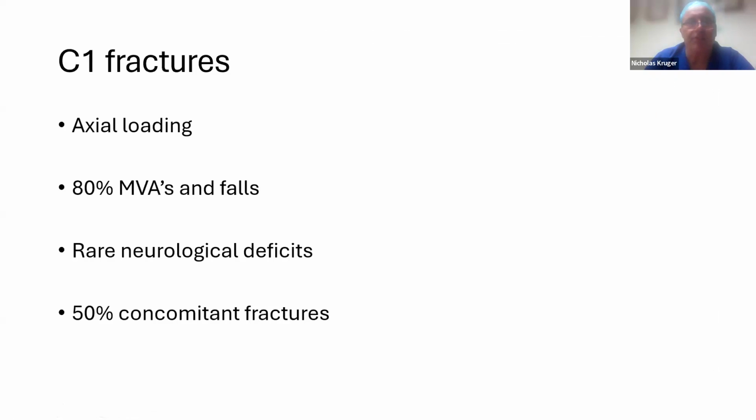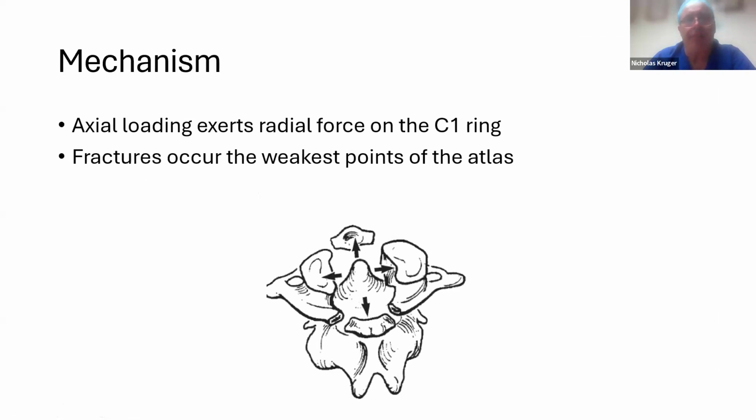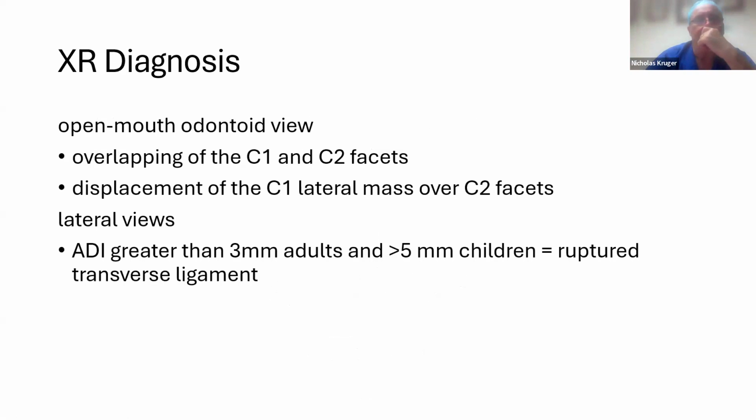Okay, let's just jump through this, same stuff. So looking at C1 fractures, it's a ring fracture, so any fall directly on the head, your occipital condyles will cause a sort of ring to blow out. Probably because the slope of the shoulders is C2, it just tends to blow it out. So you can diagnose it in an open mouth view, you see overlap,